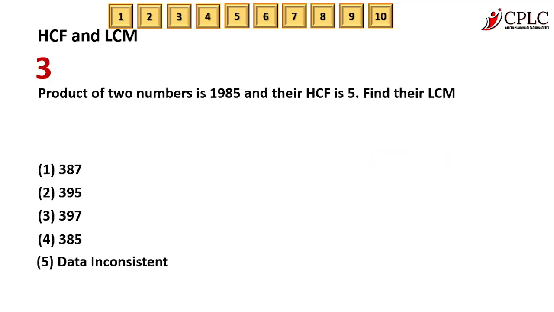It says the product of two numbers is 1985 and their HCF is 5, and we have to find out their LCM. Now, for these next couple of questions, we have to be aware of a concept, and that concept we first need to discuss, and then we will apply that here. So, what is that concept? And then obviously do remember this and do make a note of this somewhere wherever you are making your notes. So let's say, for two numbers,